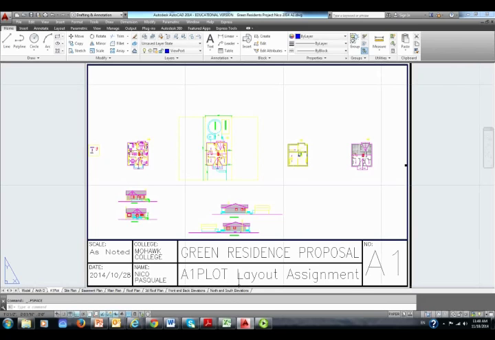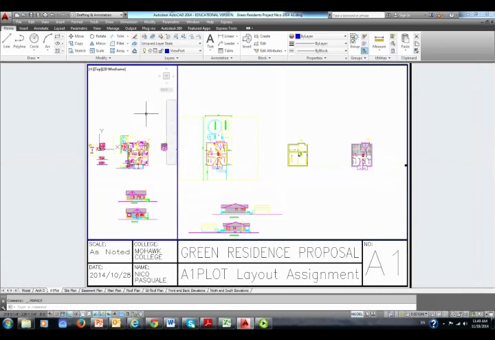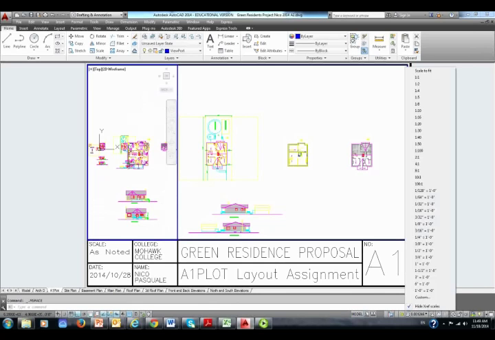Maybe the good thing to do is to have some equal divisions. So, or I'm looking at the site plan. What if I was to say make view, and remember you can make as many views as you want, and I will pick this corner and go to this corner, and I'm making another view. Inside this viewport things look ridiculous because now I have two viewports there, but I want to go inside this viewport. Now I'm inside that particular viewport and change the scale to 1/8 of an inch,